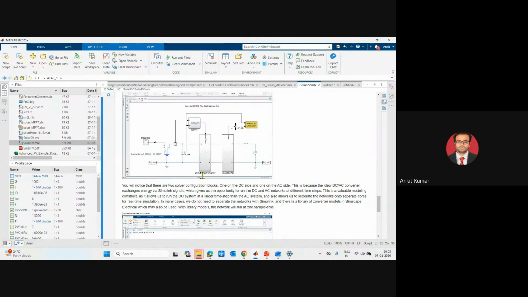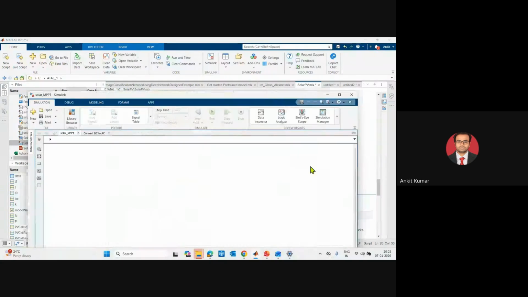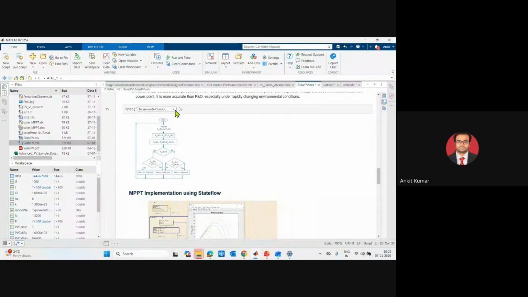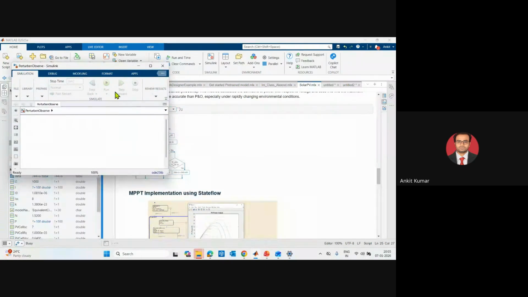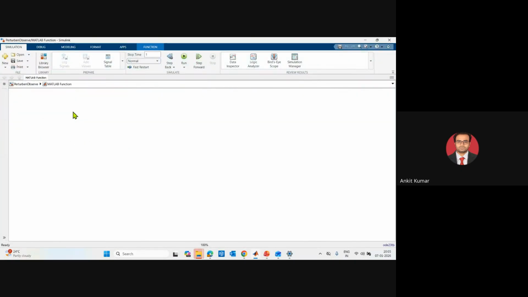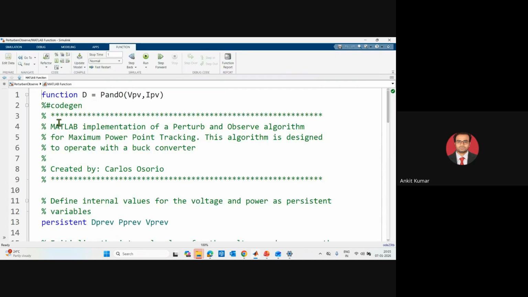here I have selected the buck boost converter and ideal things. I will come to that later on. Now just click on the PNO method and see which one has greater accuracy. Here I have used the MATLAB functions. In this method, voltage and current